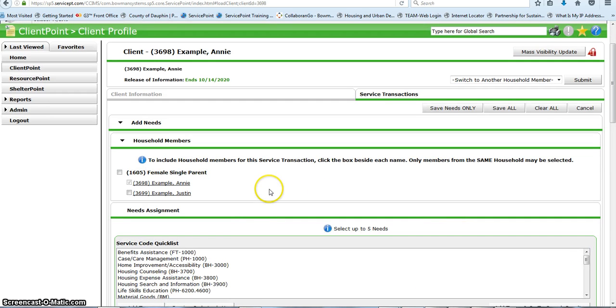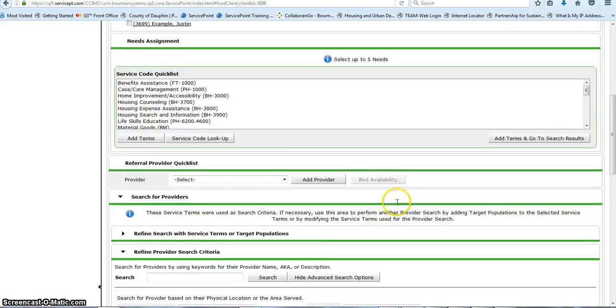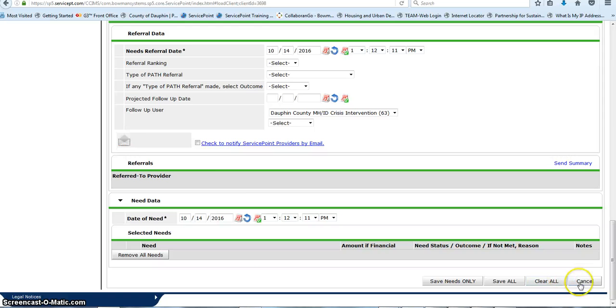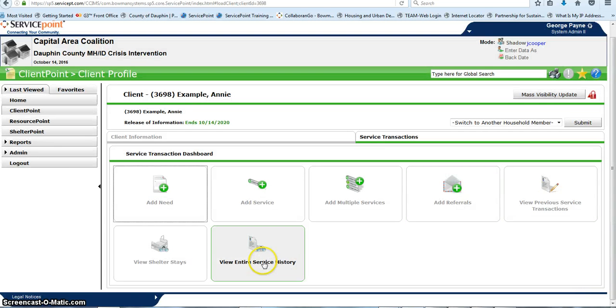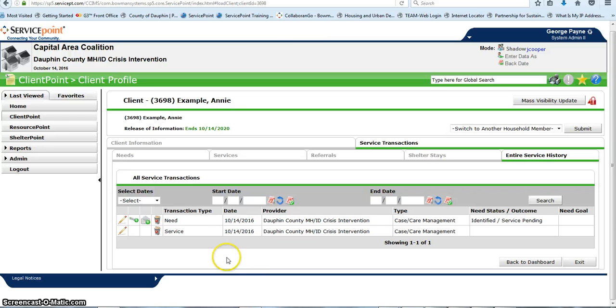However, we're not sure, again, which need we're adding that referral to. And as mentioned before, it is critical to add the referral to a need and to the right need. So instead, let us cancel this and go instead to View Entire Service History. There you can see the list of needs that you may have entered and pick the right one to add